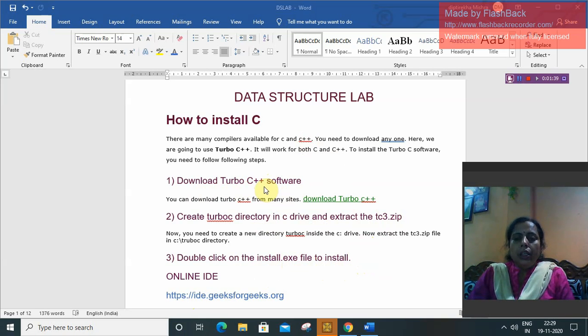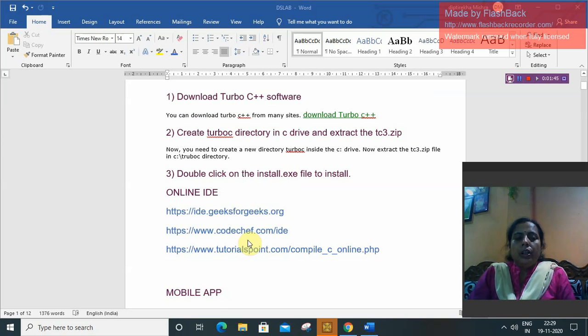There are many C compilers available, you can load any of them, and there are many online integrated development environments, IDEs, and you can also run the program in an online IDE. Okay, so you can go for it also.